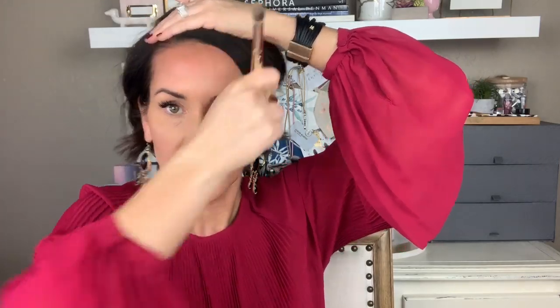Okay, and I'm gonna go all the way down to my temples because my forehead is wider, especially right here where my hairline is wonky. And then you can go down farther on your forehead if it is higher as well. So key with foreheads, blend up into that hairline and then pull down to blend with the highlight. Otherwise, you cannot mess that area up, okay? So it just frames